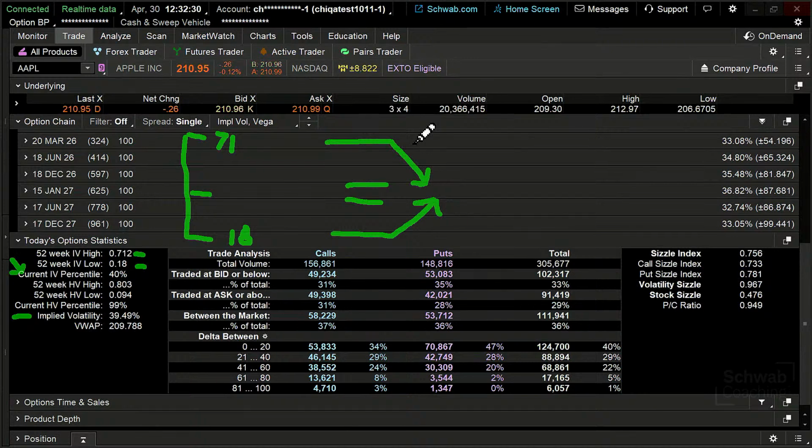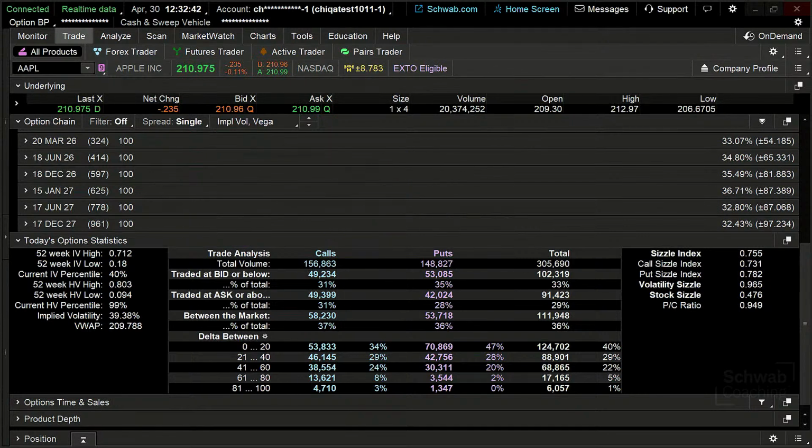So this can give us, again, that current implied volatility percentile can give us a measure of what's likely to happen to implied volatility. And it also is a determining factor for some traders in making a decision about what strategy they might choose. Higher implied volatility percentile, they might look for a selling strategy. Lower implied volatility percentile, they might look for a buying strategy or a strategy that depends on a long option premium.